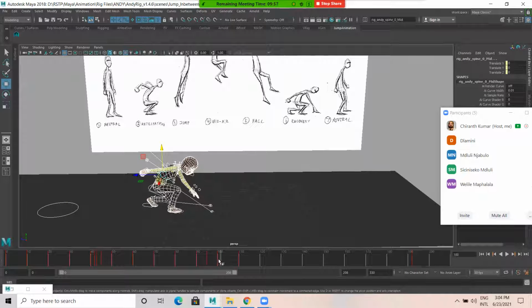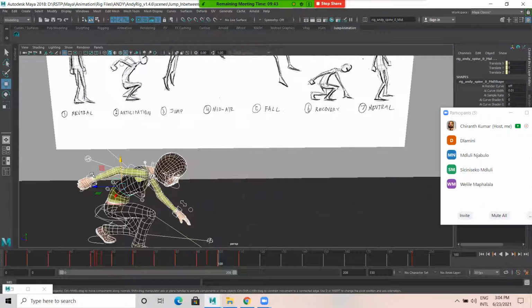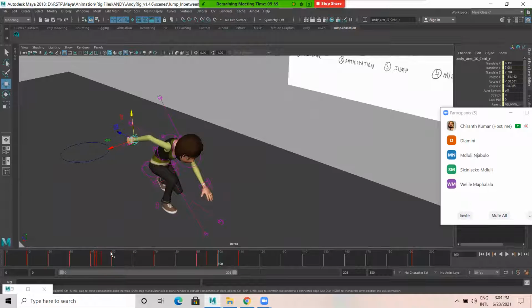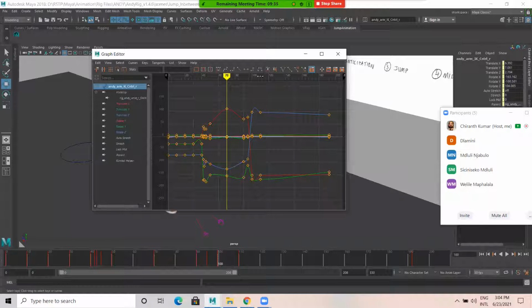So at 100, the hand is here, and 110 is here. The reason is I think we have given spline, no, in the graph. Let me select this. I'll go to graph, 100 and 110. So you can go to frame number 100 and 110 here.